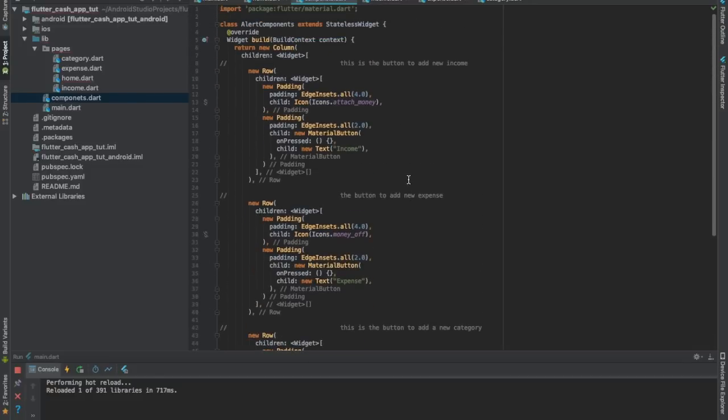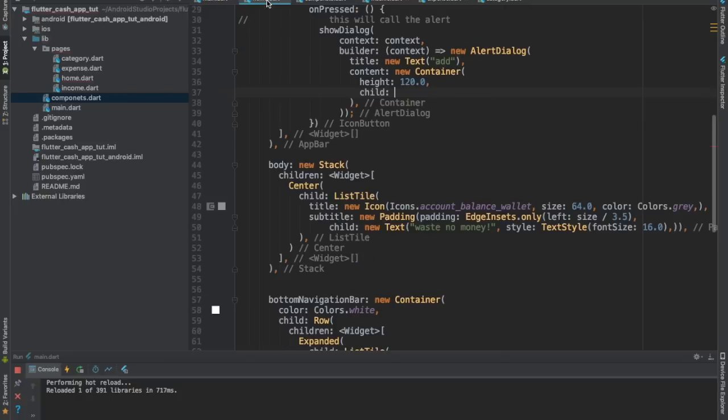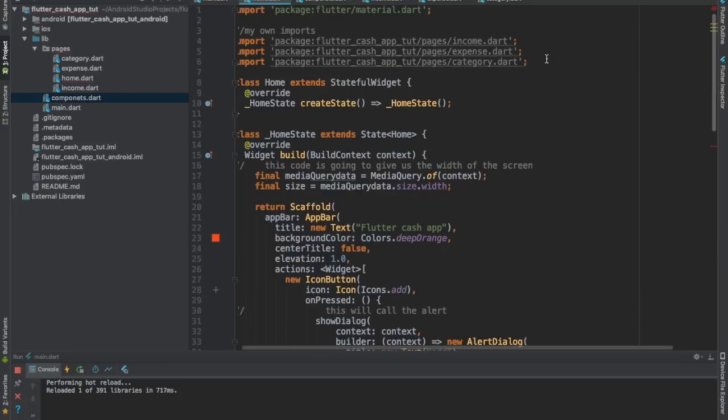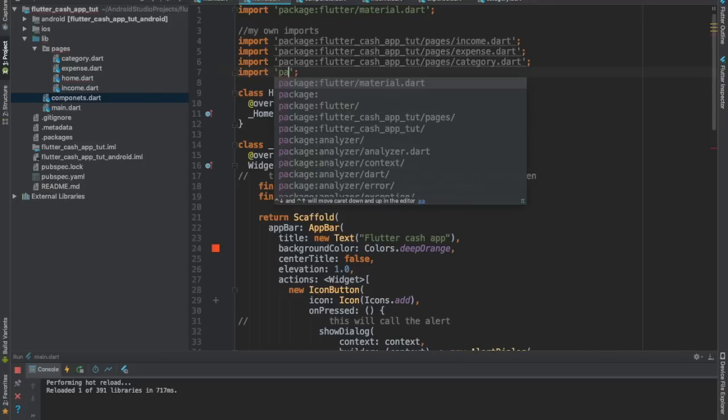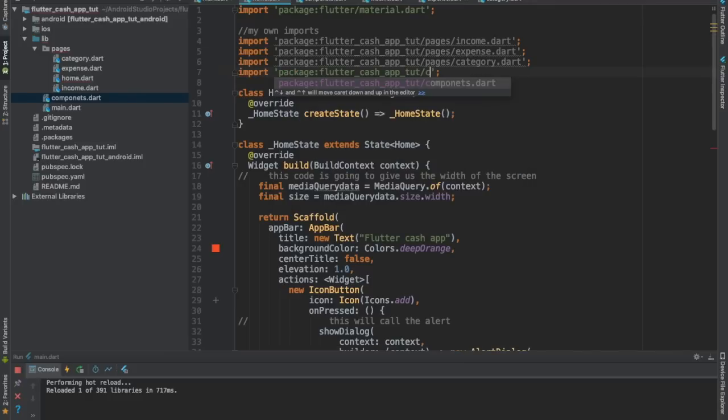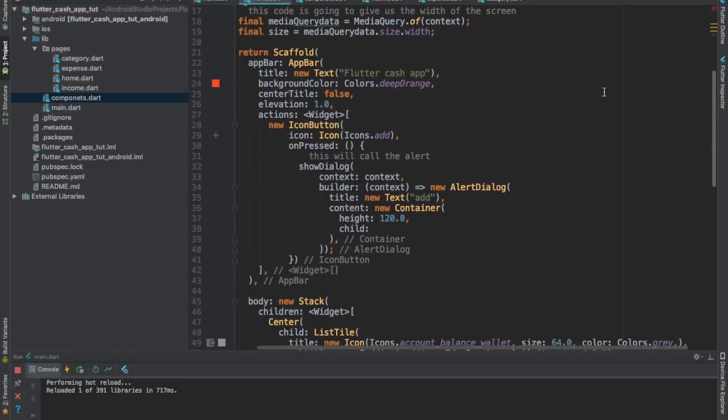Okay, let us see if this is going to work. Going back in here, we just have to import, we have it. Then down here for the child,